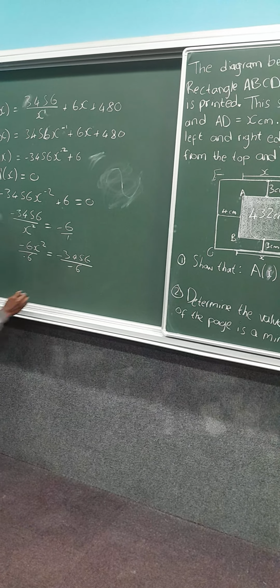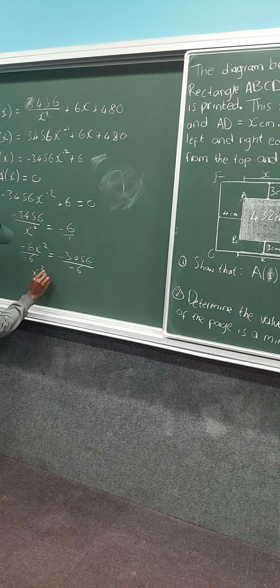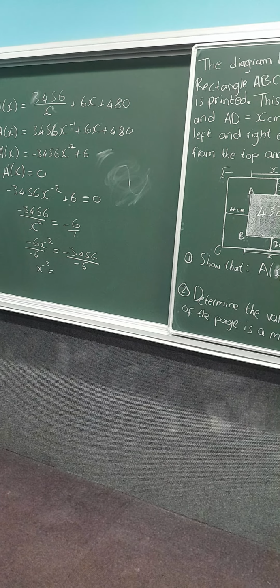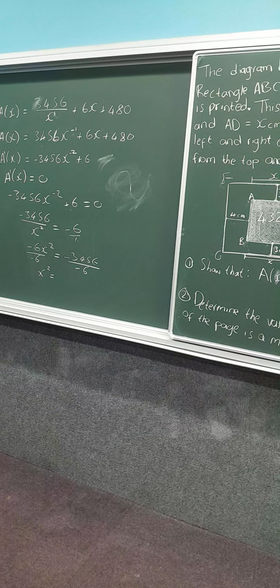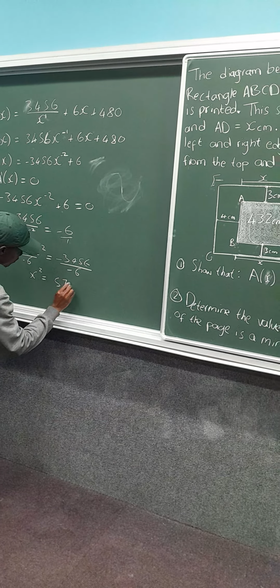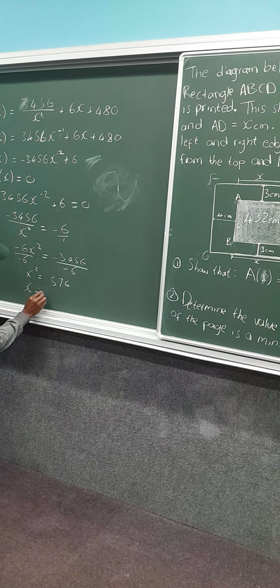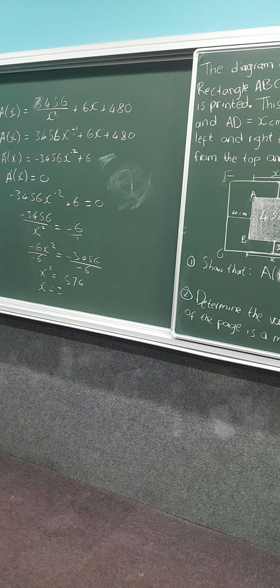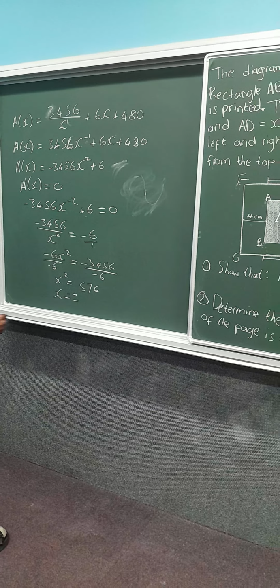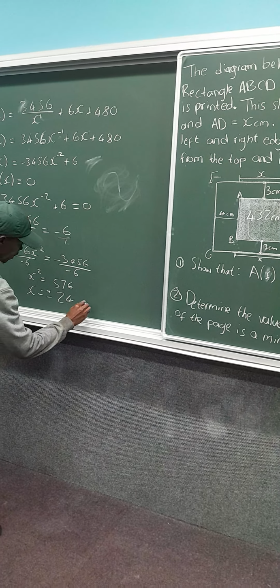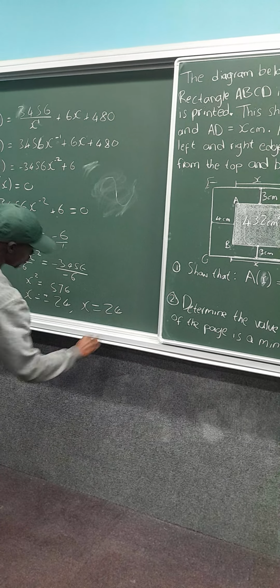Dividing both sides by negative 6, I'm going to have x squared equals 3,456 divided by 6. That's going to give me 576. And then my x is going to be plus or minus the square root of 576, and the square root of 576 is going to be plus or minus 24. However, we are looking for a positive length, so our x is just going to be